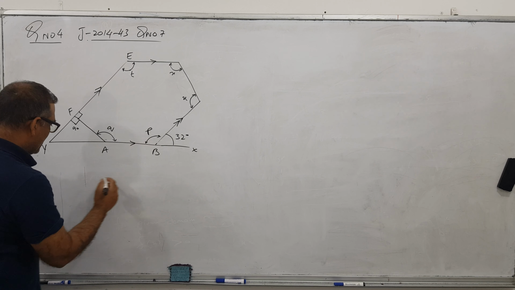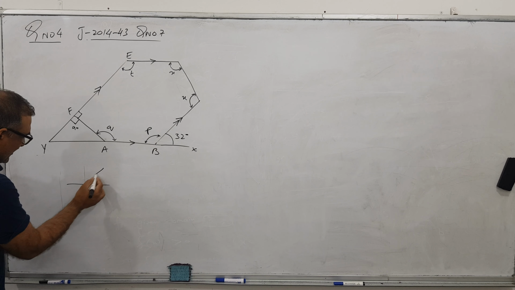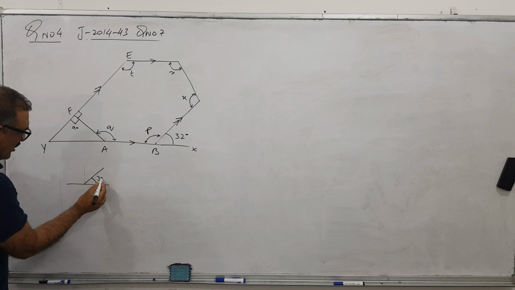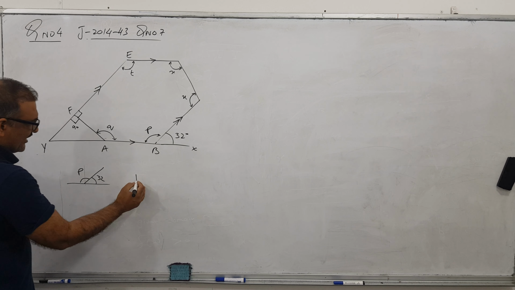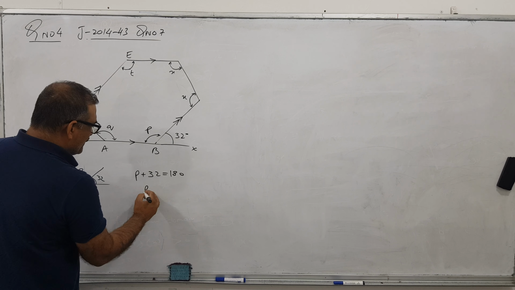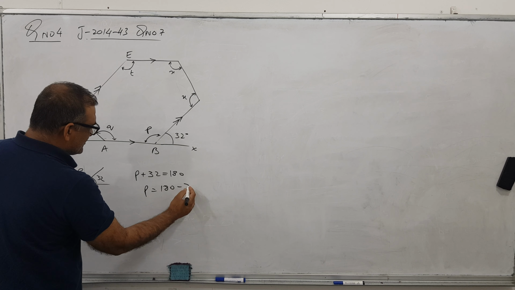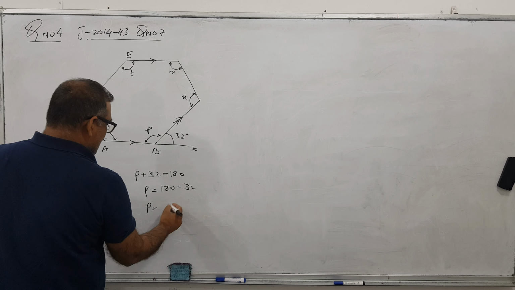This P is very simple because you know on a straight line, if one angle is 32, how to find the other one? The sum of the angles is 180. So the first part is very clear. So P is equal to 180 minus 32. So P comes